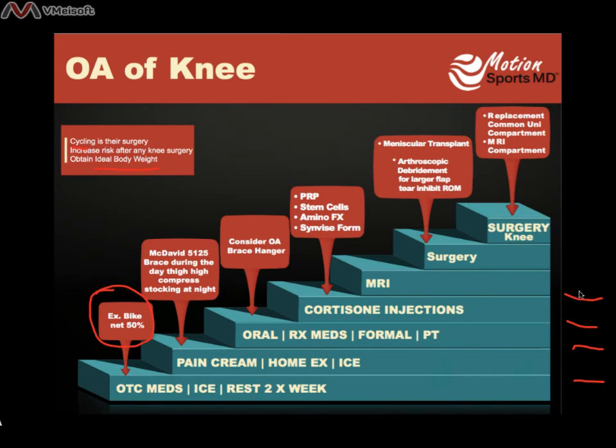But let's say all of that stuff doesn't work. Then you might need to consider more surgical intervention, and usually that begins with an MRI. And the MRI might show a tear, or maybe it may show some more irritation. And so then you would consider two kinds of surgeries. You might consider a meniscular transplant. You might consider